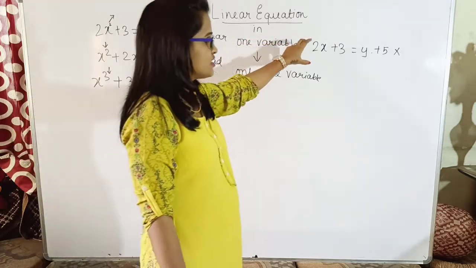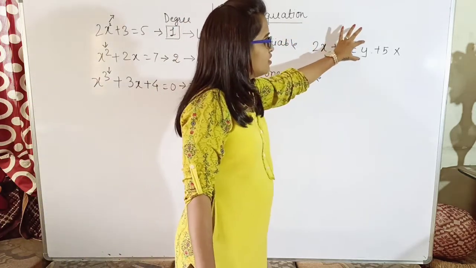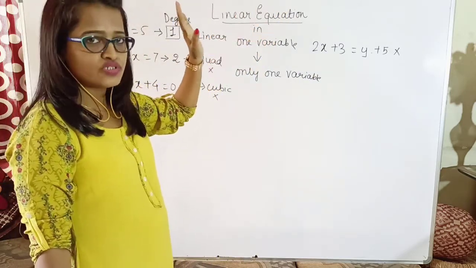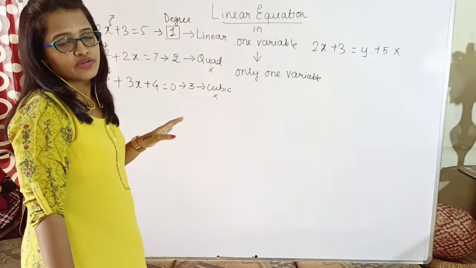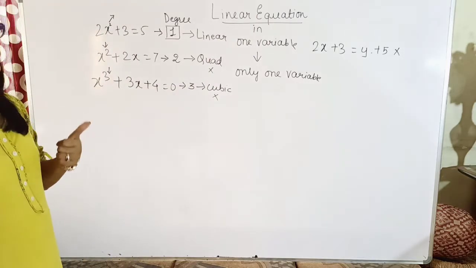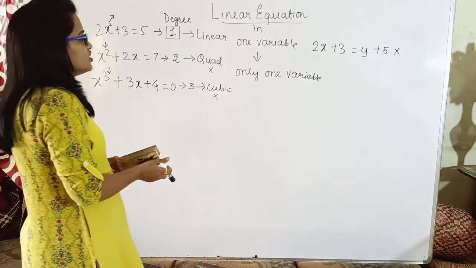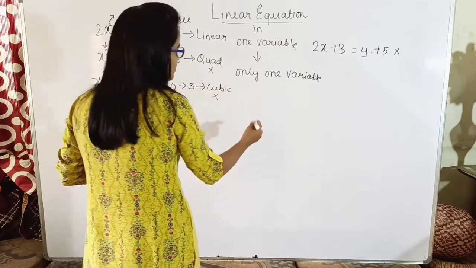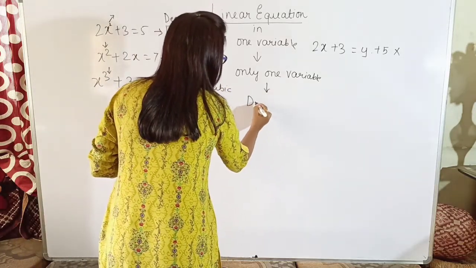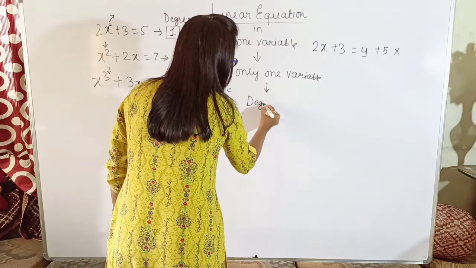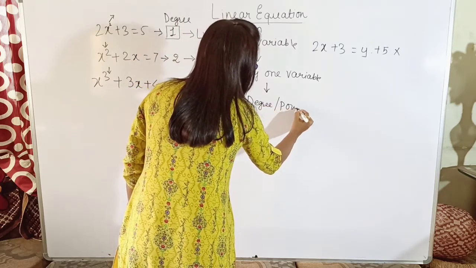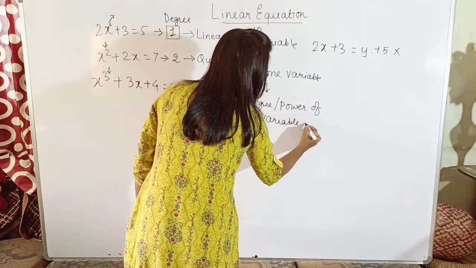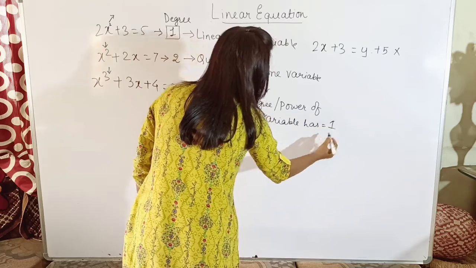Now, is this a linear equation? As you can see, the degree of x is 1 and y is also power 1. So definitely it has power one, so it is a linear equation. But it is not a linear equation in one variable, isn't it? Yes, there are two variables. So for your study, you are going to look at only the linear equations which have one and only one variable, and also the power or degree of the variable has to be 1.